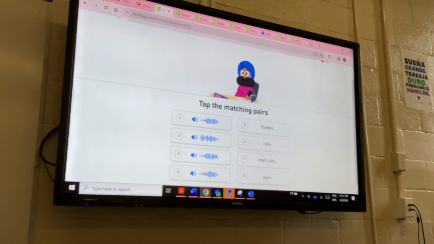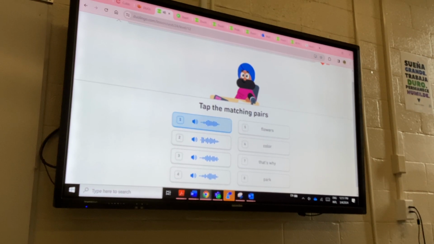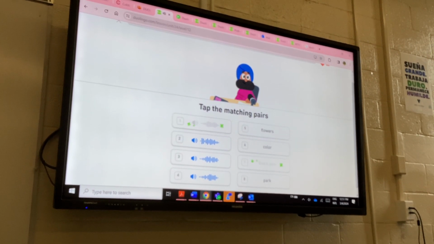So they're getting the vocabulary prior to the lesson, and they're matching up the vocabulary